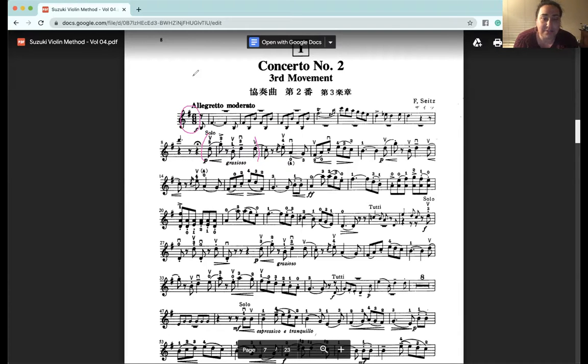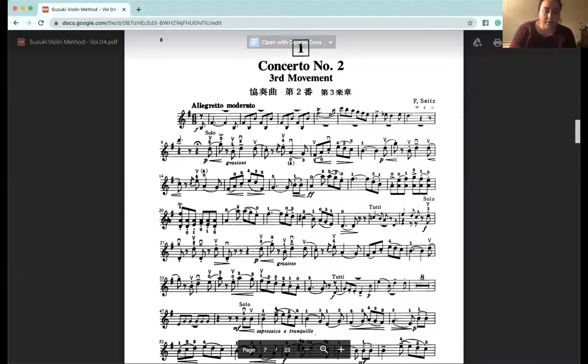So the next thing you're going to look at is, are there any slurs? The next thing you're going to look at is what are the notes you're having problems with. So let's go ahead and look at that right now. Okay. So the notes that we're going to look at are,